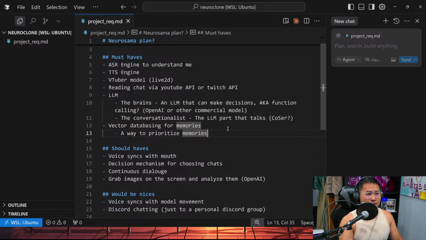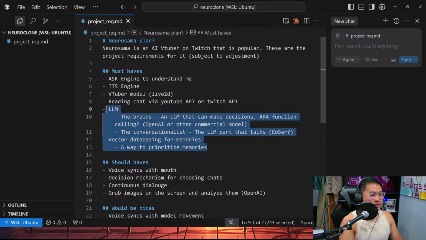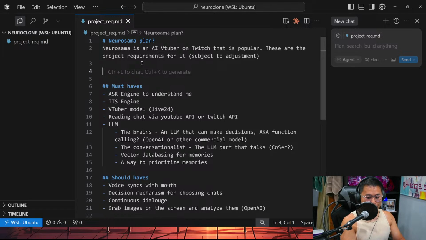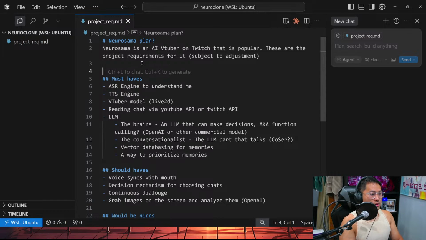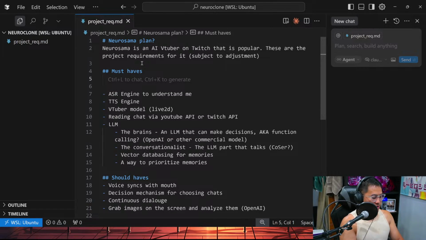Like I was saying, I want to modularize some of these things. So let me switch some of these around. I'm going to separate this into big pieces that I know that I need. I definitely need must-haves, and here I can split these into subsections.